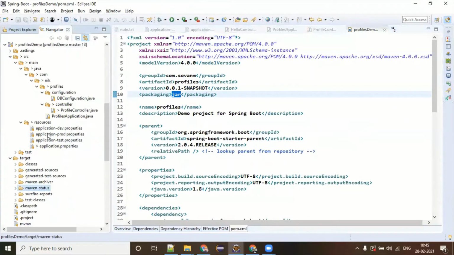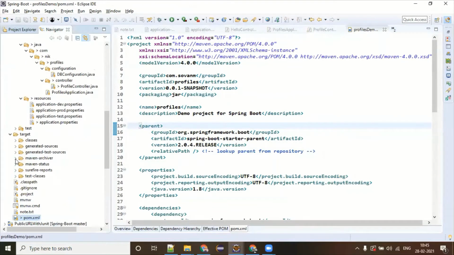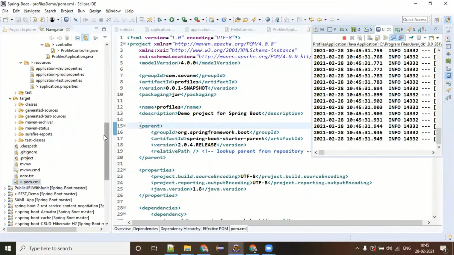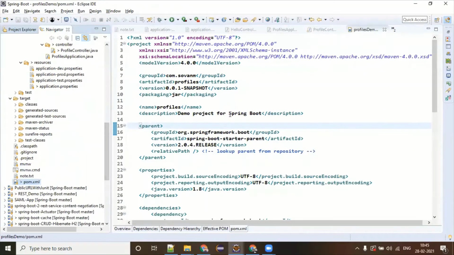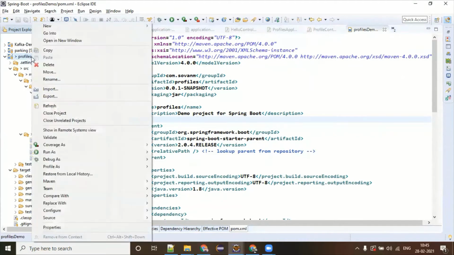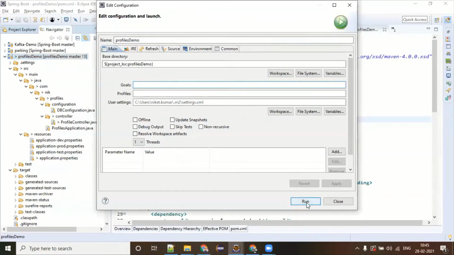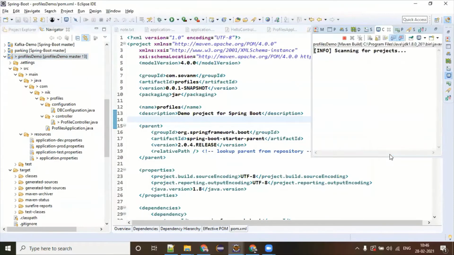Why is it not generating? I don't know if jar is a valid command of Maven or not.